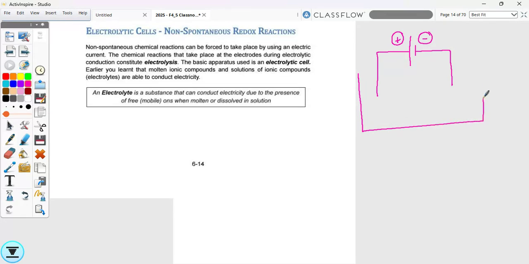You're looking at that, so you're going to have your container and you're going to have a liquid. That liquid can be something that's molten, so you just melt it, it's just a plain liquid. So if you see L, then you know it's a molten substance. And if you see AQ, then you know it's dissolved in water. So please remember that if it's dissolved, like I said yesterday, you need to remember that it has water as